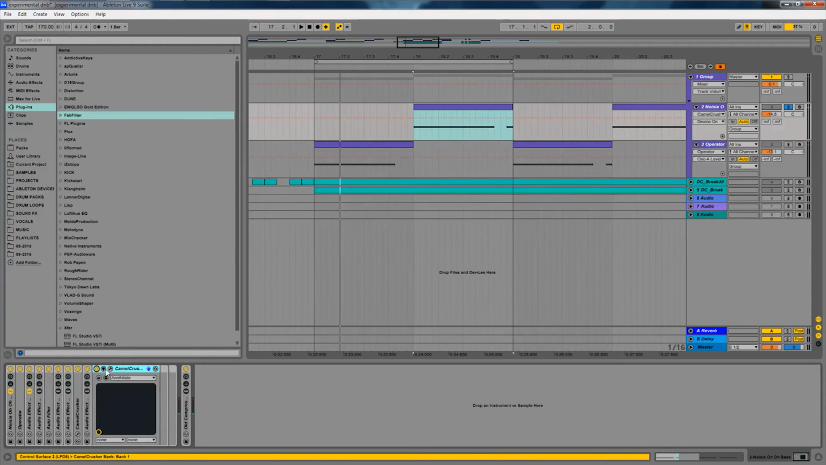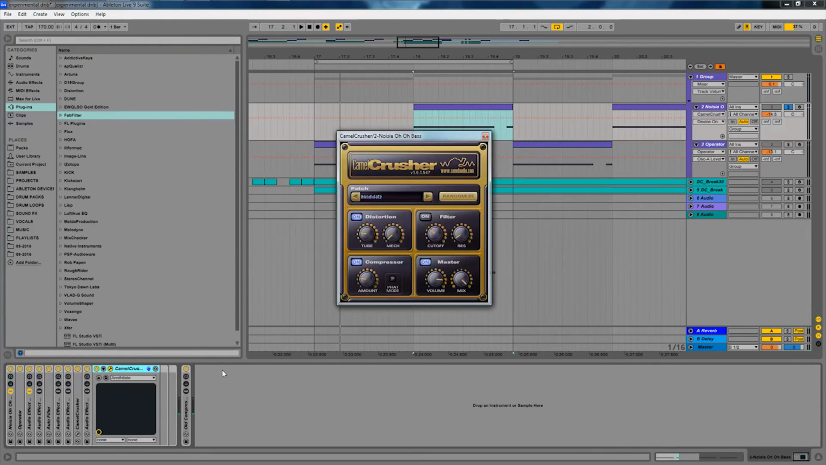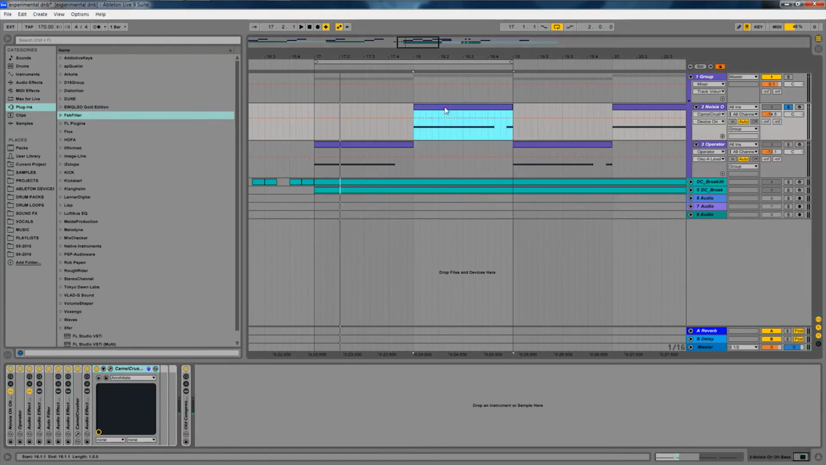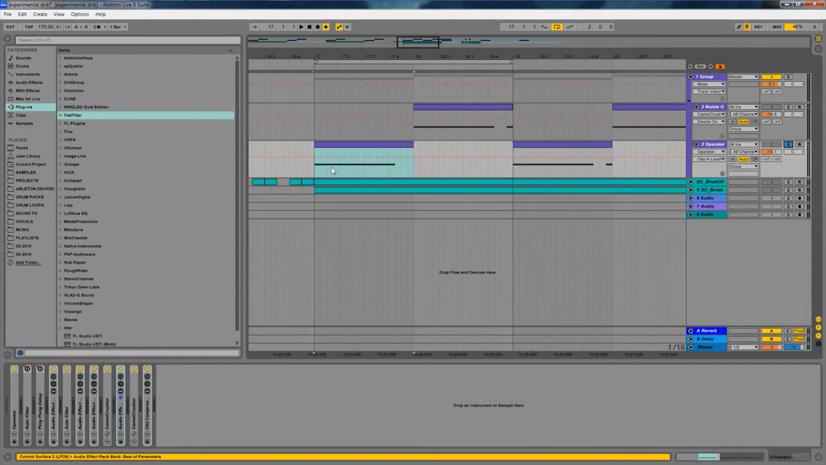At the end of the chain we have a Camelcrusher again, and that's I think the third one of the Camelcrusher plugins. Here it's basically just gluing the high end and the low end back together to make a sound like this. Okay, so moving on to the next sound,